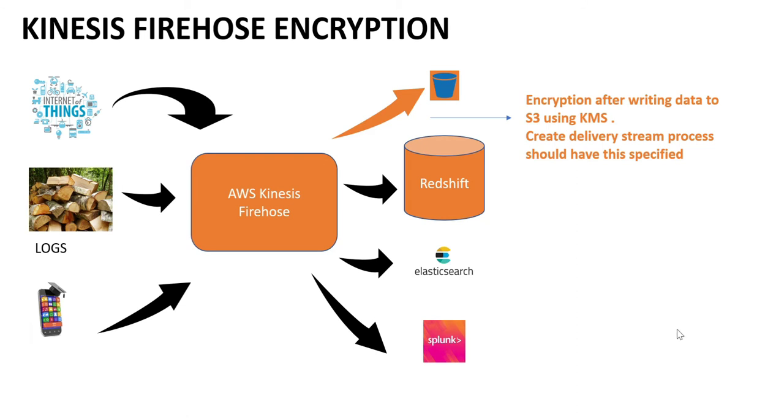Now, what is KMS? It is a key management system. It's just like a locker: for the locker to work, you have to give the key. When you go to the bank, if you have a locker in the bank, you have one key, and the bank manager has one key. Both of them have to put in their keys, and only then will the locker be accessible. Similarly, the key management system stores the encryption key. In order to decrypt the data, the application first has to go and take the encryption key and then decrypt it. So KMS is a part of encryption, and encryption is a part of security.